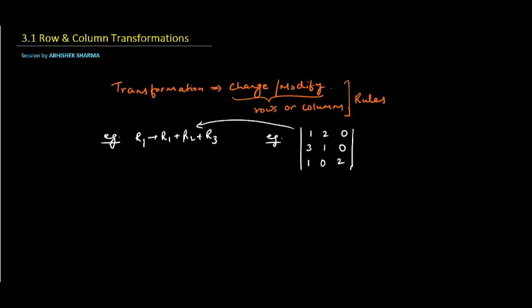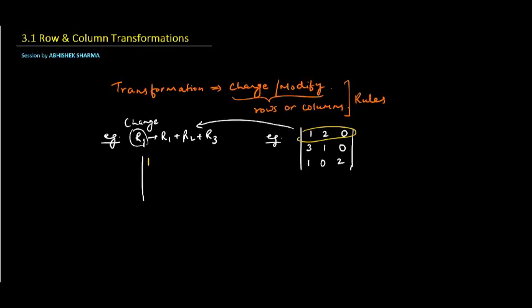Let's understand this. So this transformation actually means that I am going to change R1. We will change R1. And what change do I make? The change is in R1, I'll add R1, R2 and R3. मैं इसमें ऐड करूँगा. तो यदि हम इसमें इसको ऐड करेंगे तो this is the first row that we have, और इस first row में हम second और third rows ऐड करेंगे.